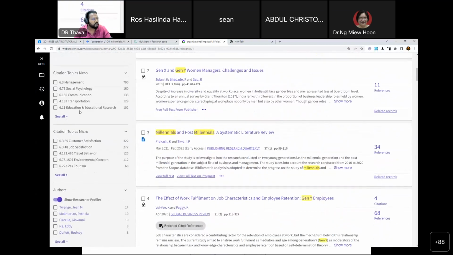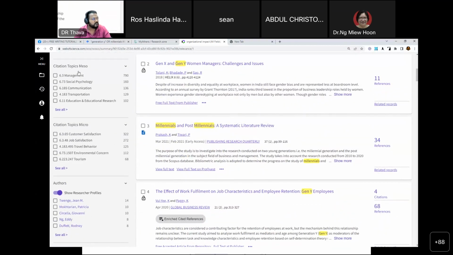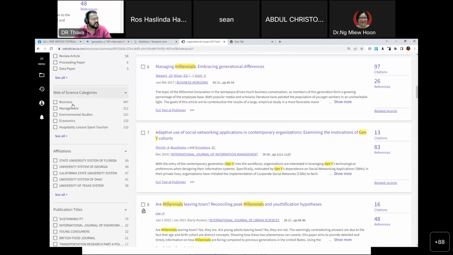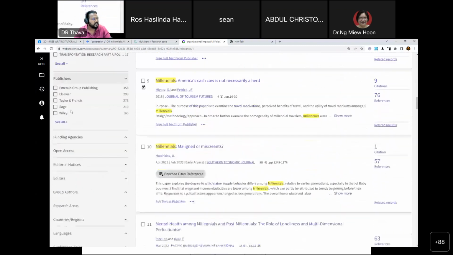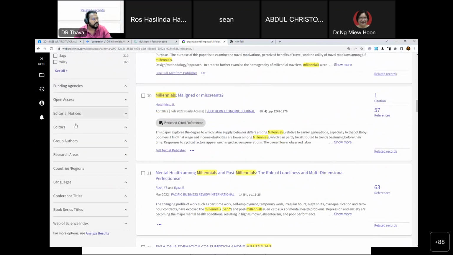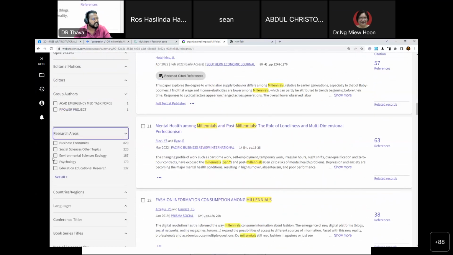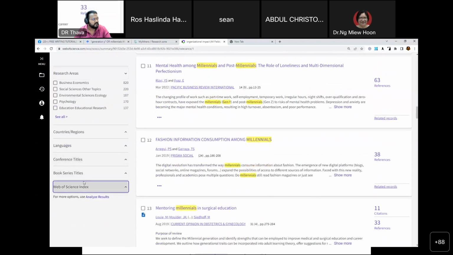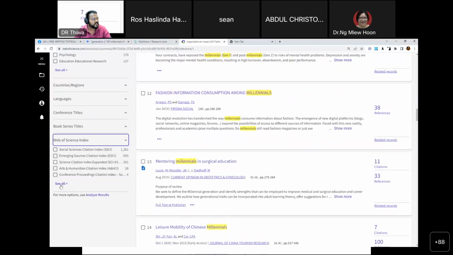Then I want to add more. You can filter according to citation topic. You can look at Web of Science categories. You can look at research areas. Also, you can do another filter. Web of Science indexing, you can look at which indexing you want.